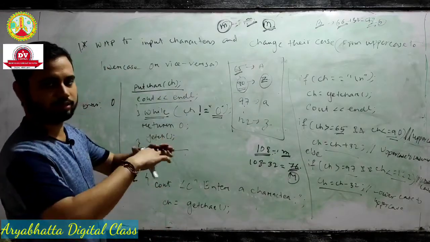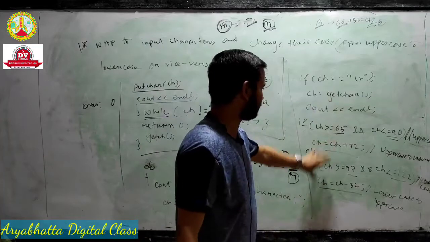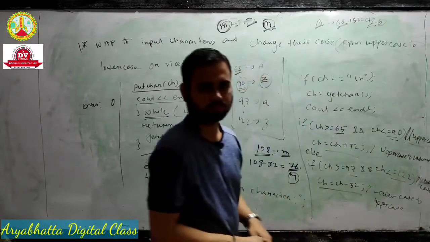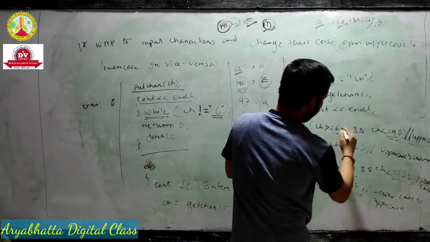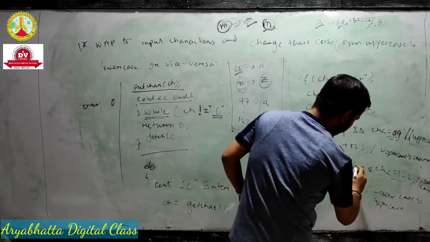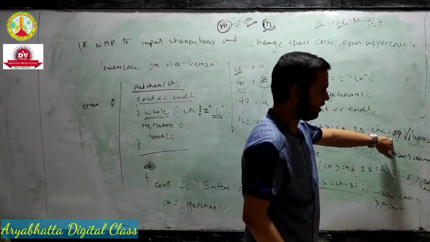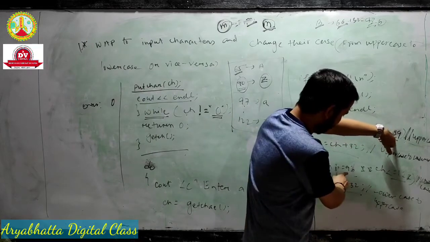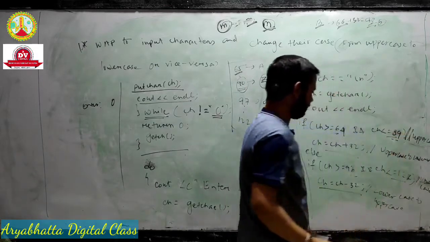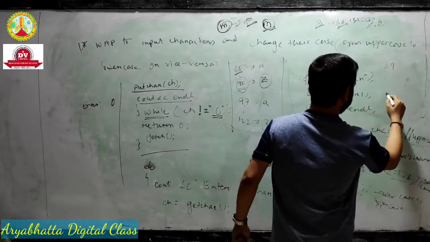And you have to perform capital A to small, and this is for return 0. The main condition is that you perform 65 to 90 and 97 to 122. Suppose you take 64 and 89, then here we write 96 and 121. Between the last maximum number of uppercase and the starting number of lowercase, how many is the difference? 7. Here the last is 89 and there it is 96.